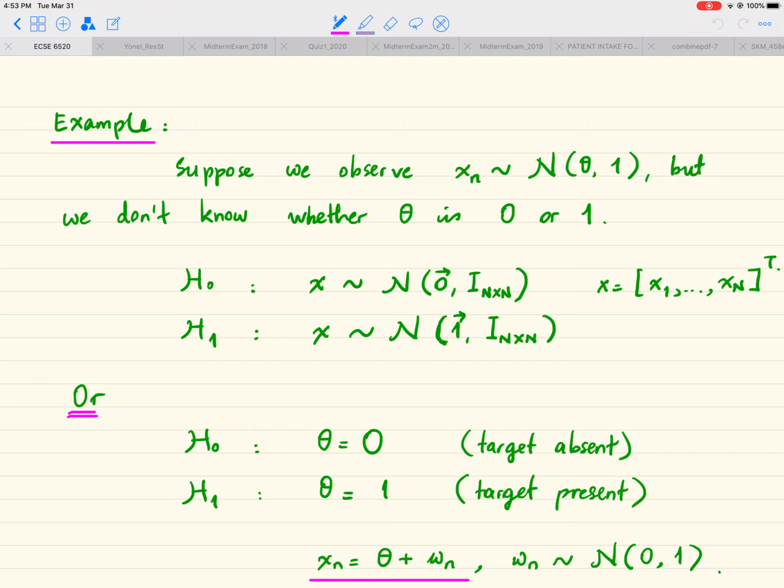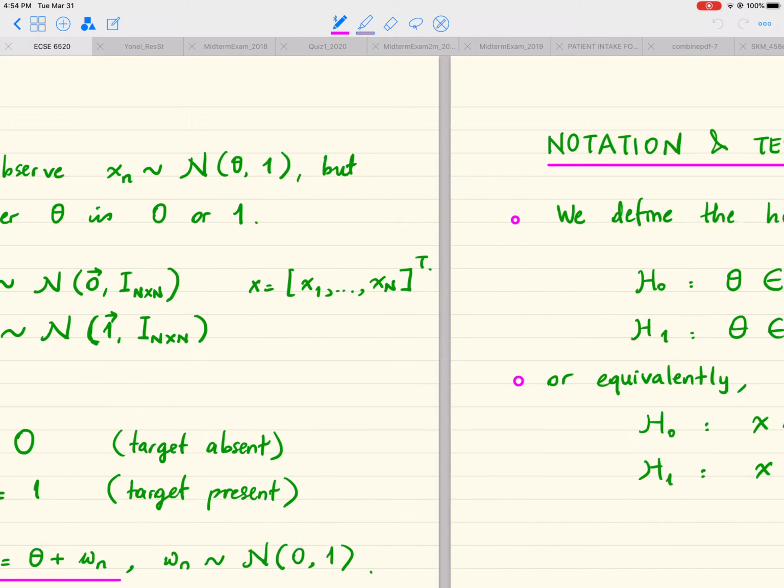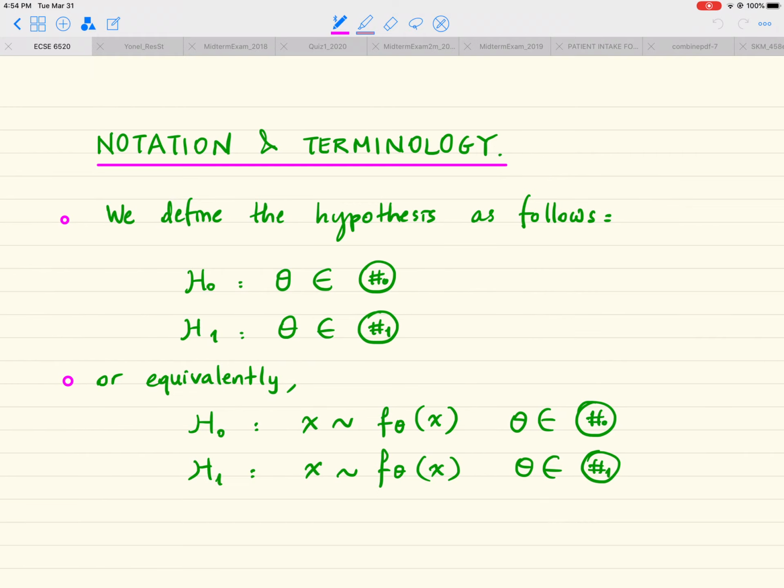So to see that, for example, we can write x of n as theta plus noise, where noise has 0 mean and unit variance. So we see here how theta represents the target or the signal or tumor, whatever. Okay, so further on notation and terminology,